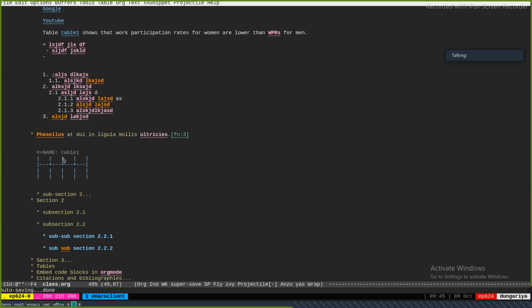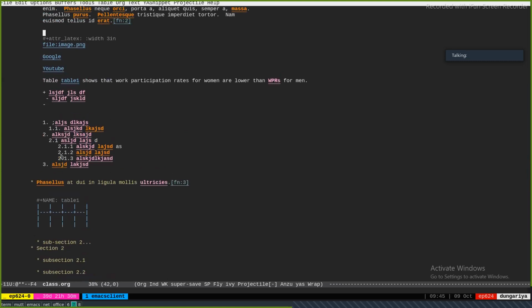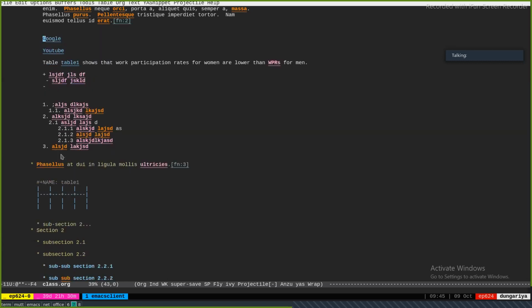So you see, any table, or for that matter, any image, can be given a name, should be given a name. Let's say WPR figure, a graph that you made about work participation rates. Suppose I move this down here. I make a table and a graph.